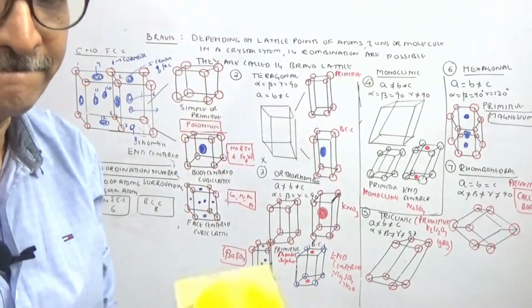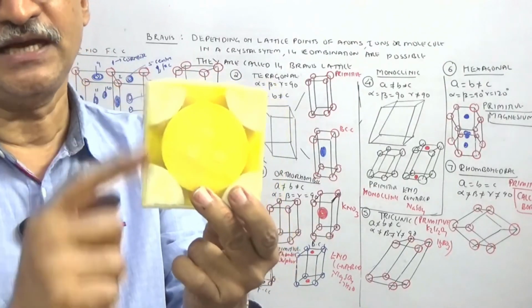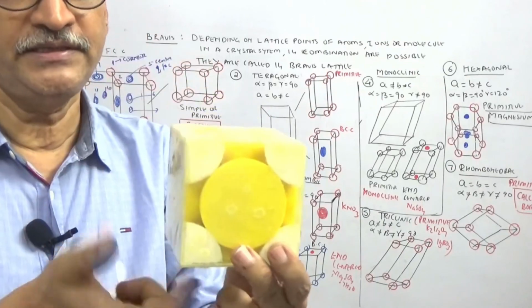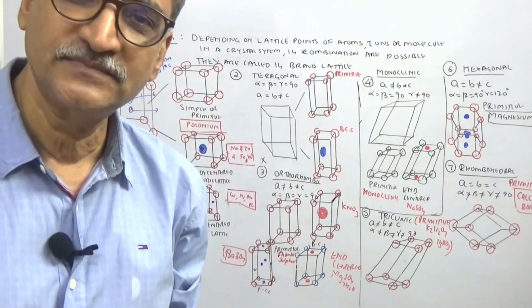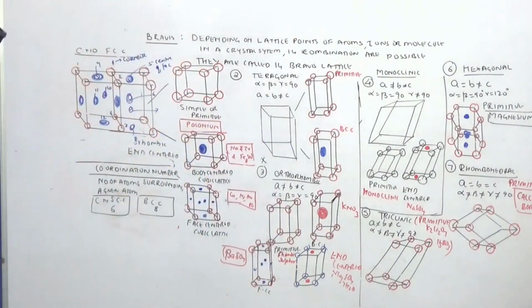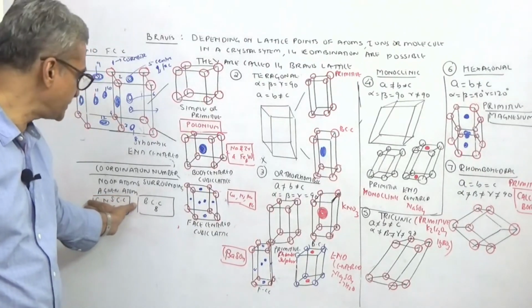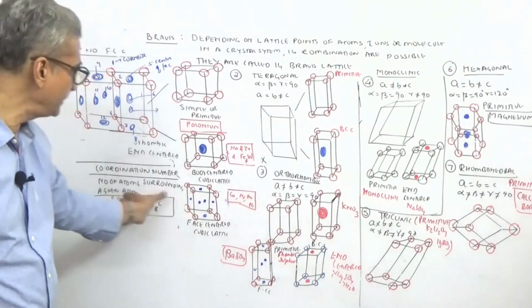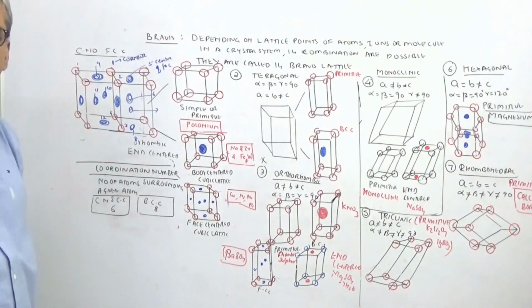Are you understanding? ये इसको लिया 4 कॉर्नर कॉमन टू बोथ द यूनिट सेल. तो 3, 4, 8, 9, 10, 11, 12 ऐसा. So coordination number is 12. So simple cubic coordination number is 6. Body centered cubic coordination number is 8 and face centered cubic coordination number is 12. I hope I have been able to explain to you.